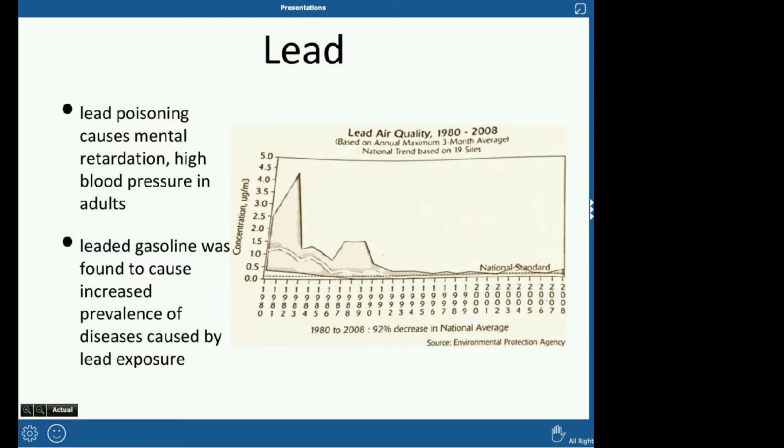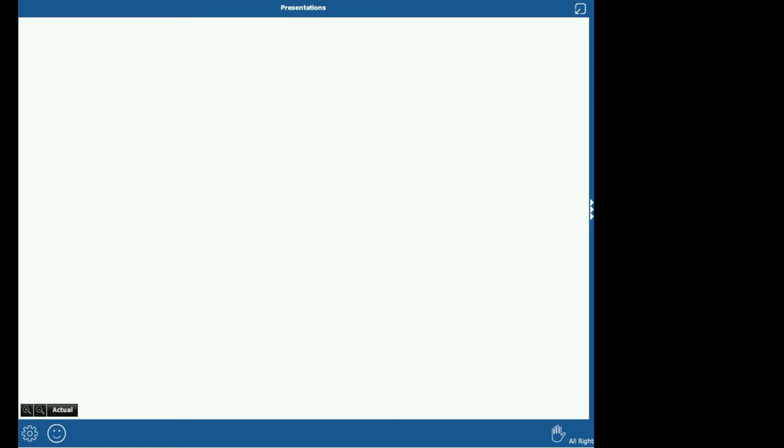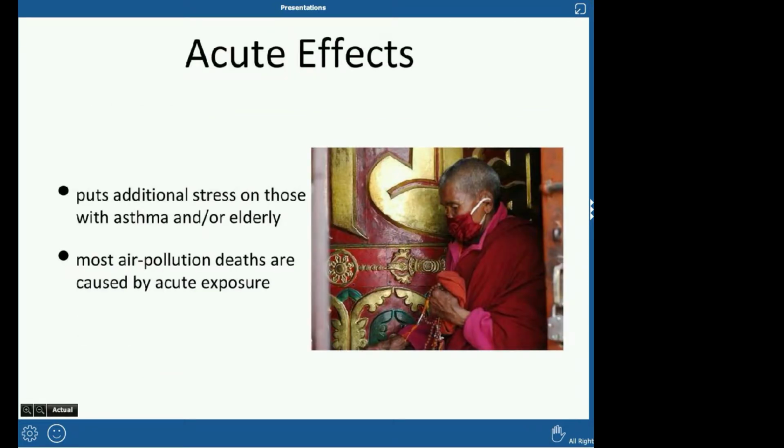They used to have lead in paint and things like that in houses that were built in the 70s. Every time I take my sons to the doctor for their well checkups, the doctor asks us the age of our house, and if there's a possibility our house would have lead paint. Even though we've outlawed it and we don't use it anymore, it still is an issue because those houses are around.